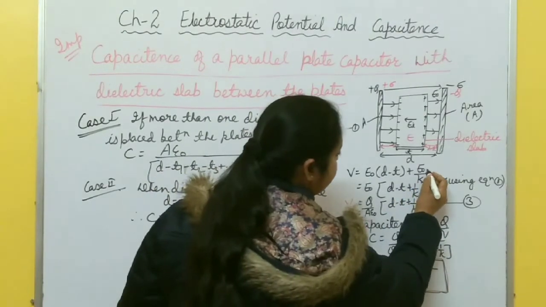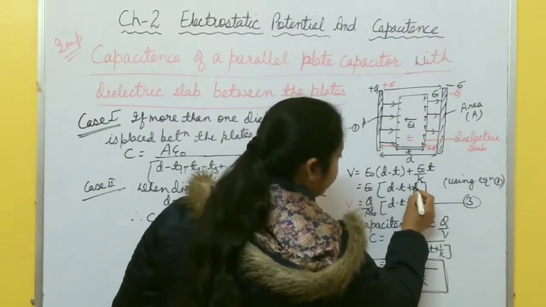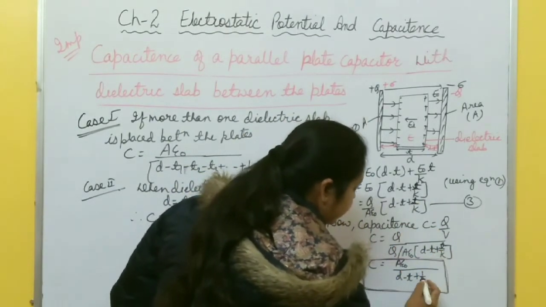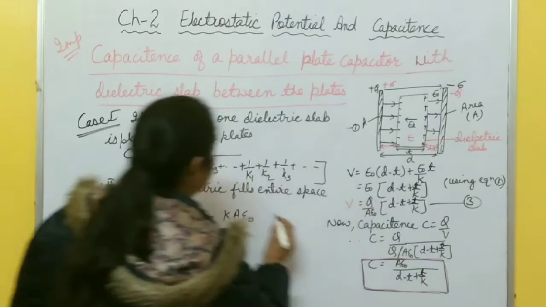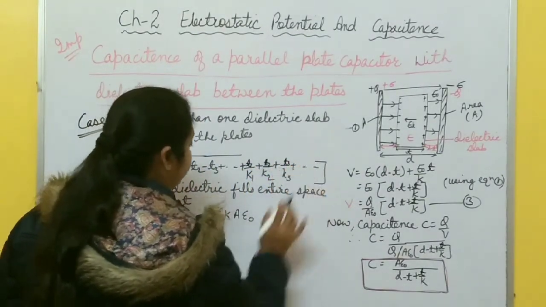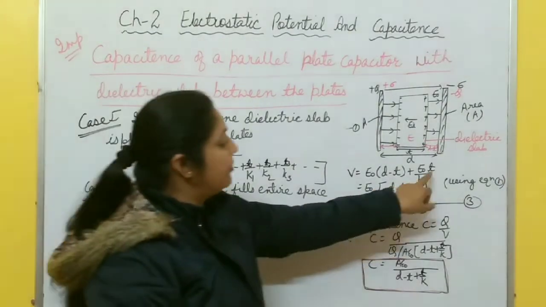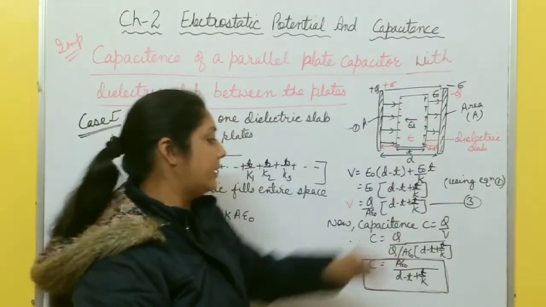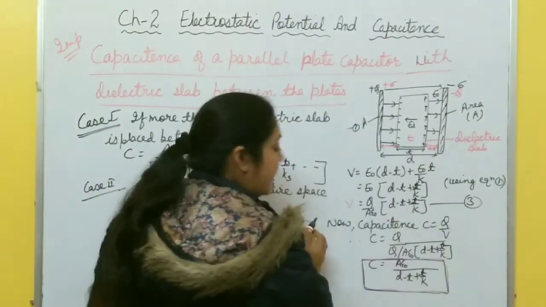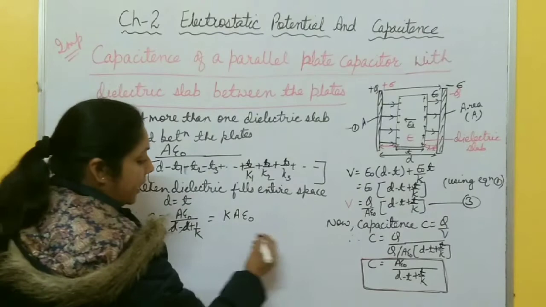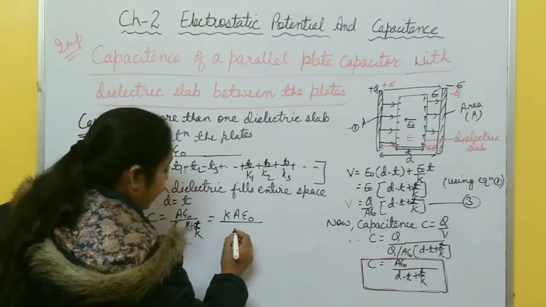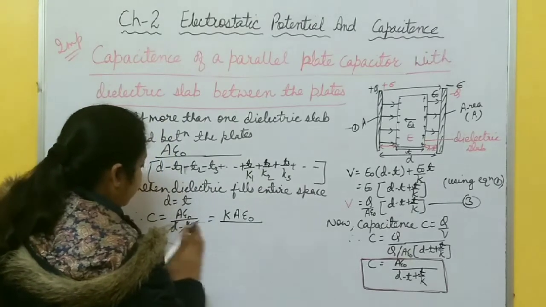Okay, E naught acts over the thickness t. Sorry, I have forgotten, here t is there. So here also t1, t2, t3 in this way. Sorry, by mistake I have not written t here. You just add t here, because over the thickness t this electric field acts. Okay, so sorry once again: